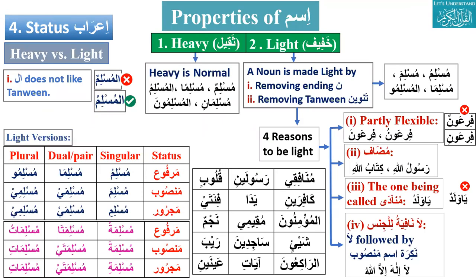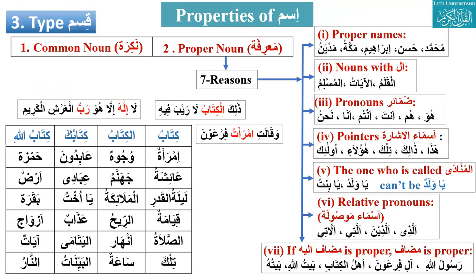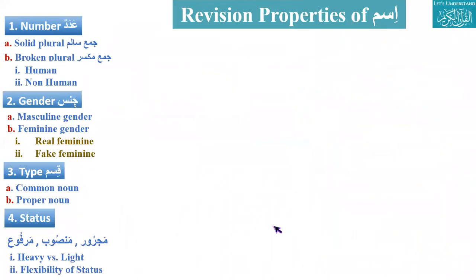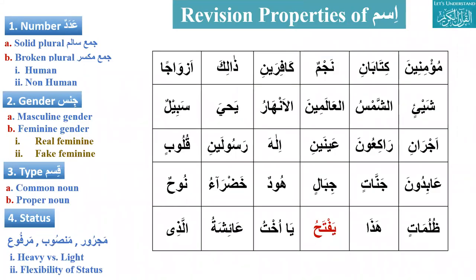Actually, we discussed some words that should be feminine. See here, what is this, Brother Reza? Okay, linguistic reason. These are most of the objects like Shams, Nafs, Nar, Jahannam, Sabil, Earth, Ray. We cannot remember it sometimes, but if we say it again and again, we will see that Sabilun is feminine because of linguistic reason. Otherwise, yeah, you were right. Okay, Brother Reza, I will go with you again with other things.